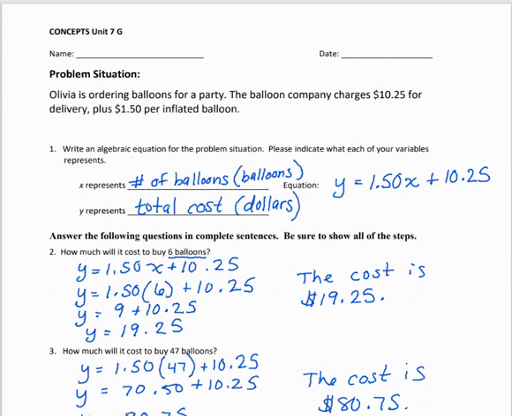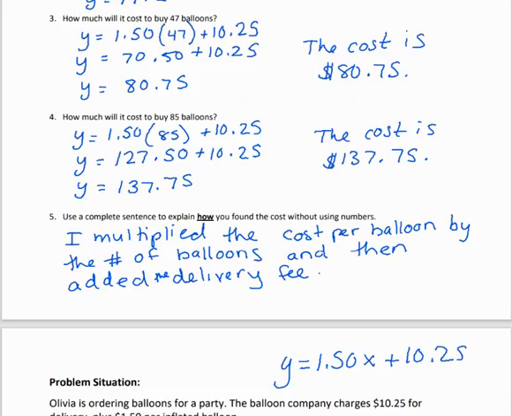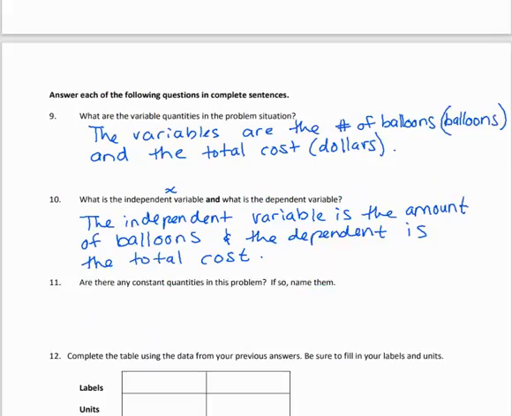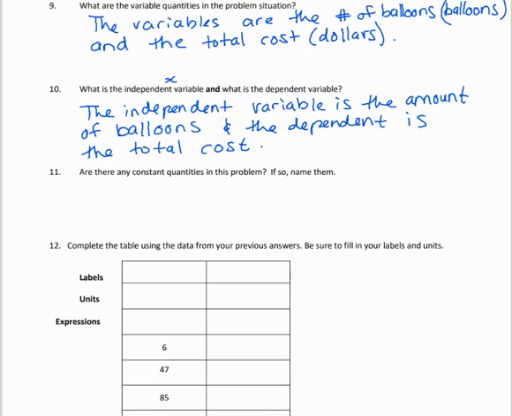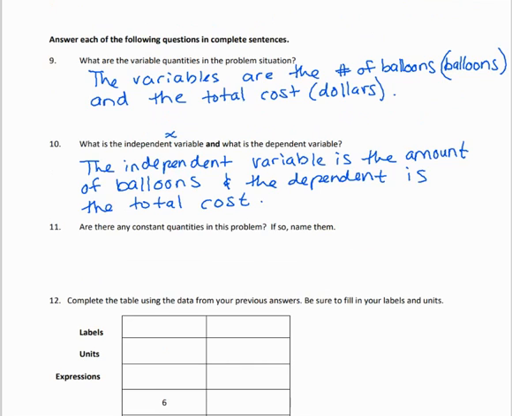But if we go back to the very beginning on number 1, there's my variables and my equation. In my equation, I have my variables of X and Y, and then I have 2 numbers. What do those 2 numbers represent? Not the variables, but the, what does number 11 say? Constants. Okay, so my variables are what we define for X and Y, and my constants are those same numbers